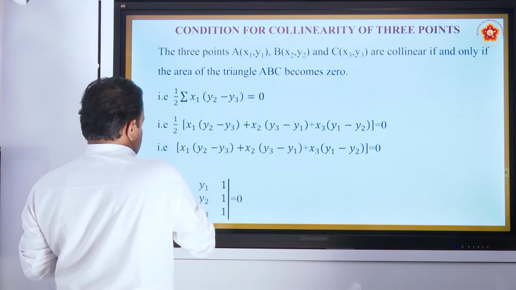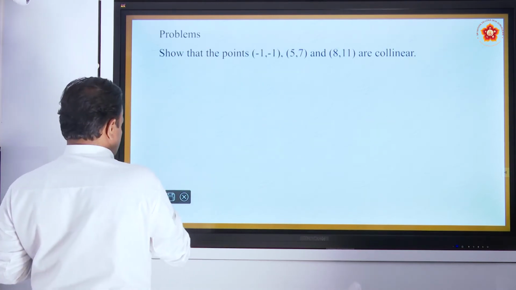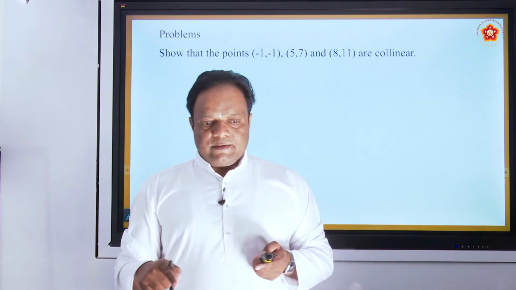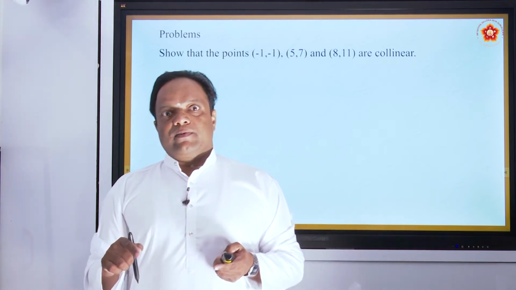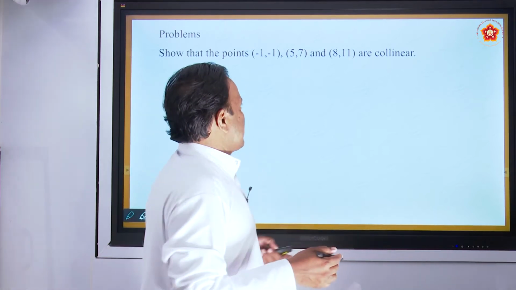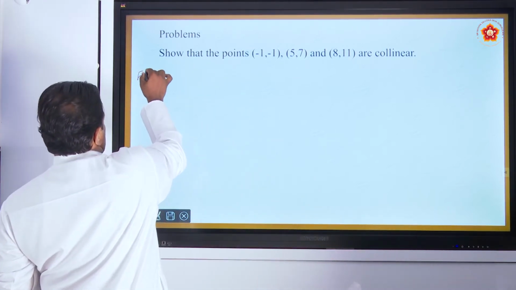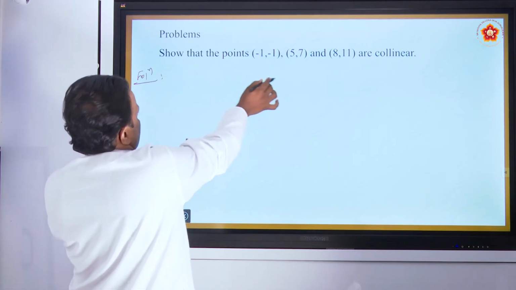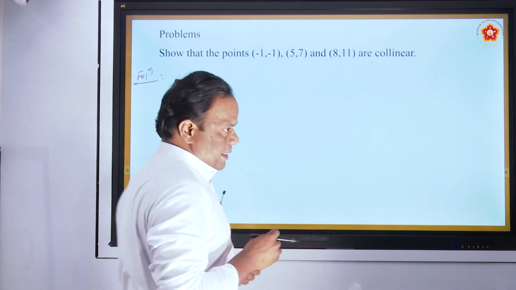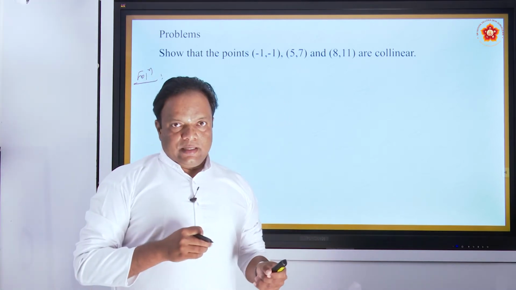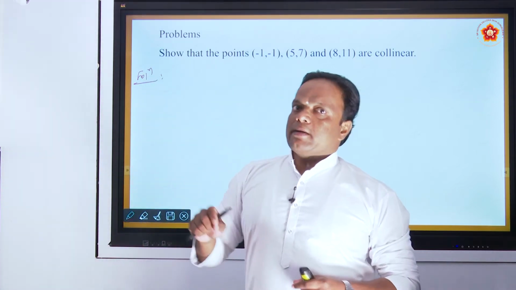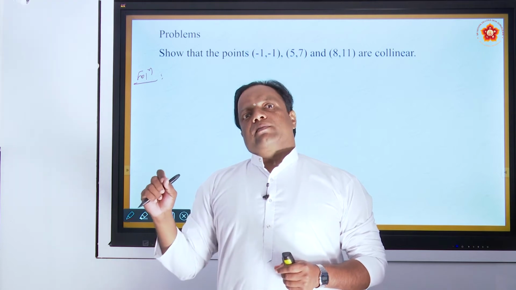Let us start the problems. I think the problems are very interesting because here some proofs are there. If it is a proof, you know that for the given statement we can make some adjustments and write the answer, so it is a very simple problem. Solution. What is the first problem here? Show that the points (-1, 1), (5, 7) and (8, 11) are collinear. Here 3 points are given. You have to show that these 3 points are collinear, meaning they lie on the same line,